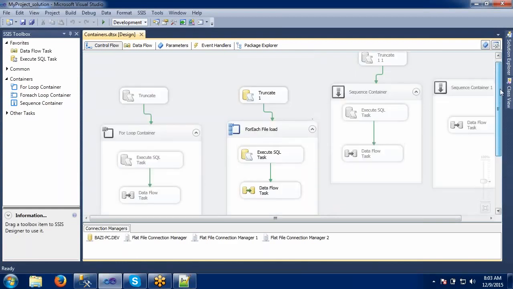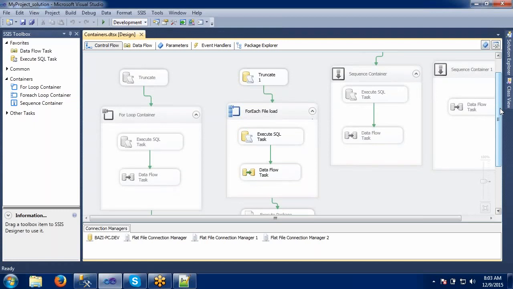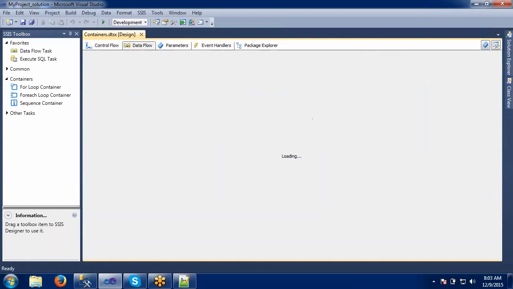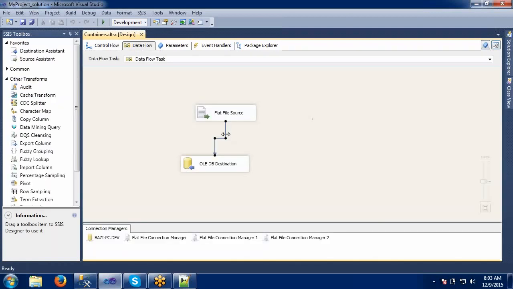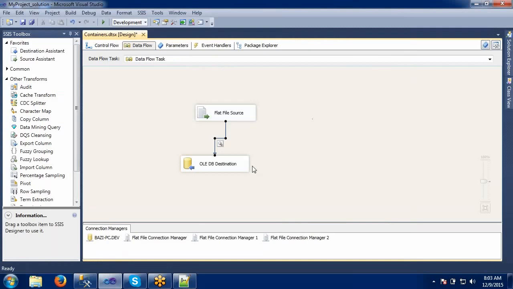Now what I will do is apply my breakpoints here, and I want to see how the for each loop is loading and every time which file is coming first, which file is next, and all those things. Okay, in the data flow, I can see the data here. I can enable the data viewer so that I can see which file is coming and which data is coming into the destination.